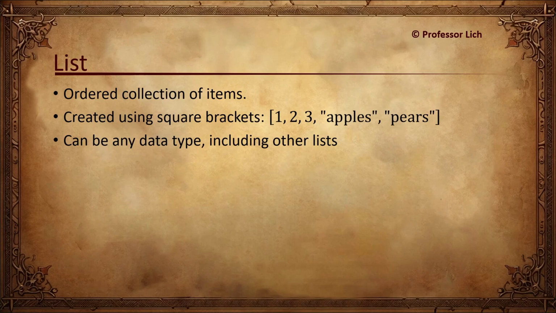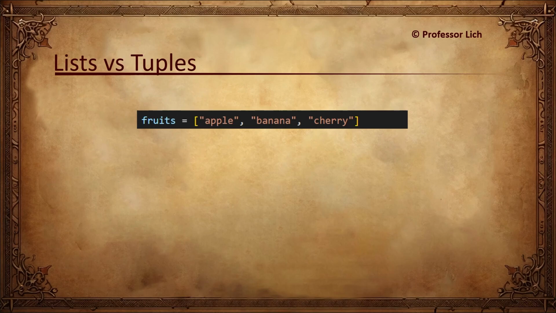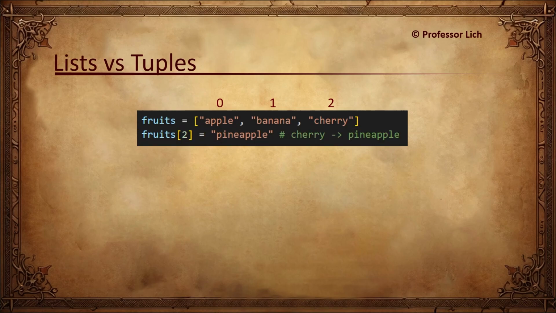Now, at this point, you might be thinking, wait a minute, Marco, didn't you say ordered collections of items are called tuples? So we have two kinds of collections and they're both ordered. What's the point? Why? So you see, the key difference is this. Once you create a list, you can change its content after creating it. Indexing in Python starts with 0, so if we want to change the third element in the list, we can assign it directly using this syntax. This is perfectly fine. Cherry will be replaced by pineapple in this example.